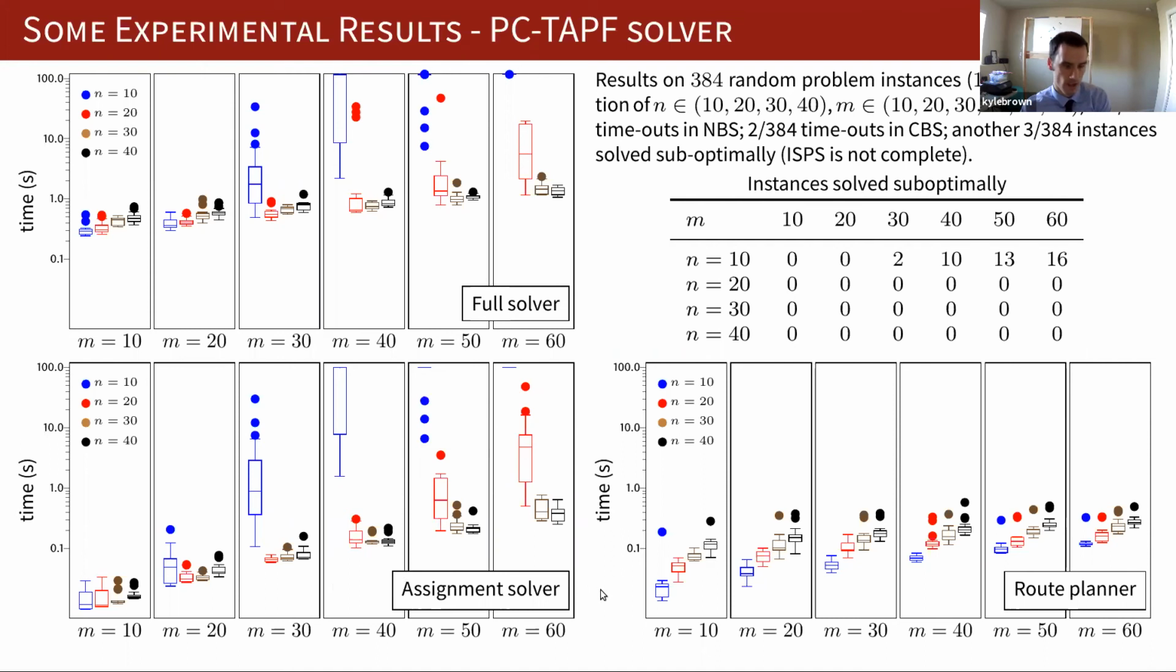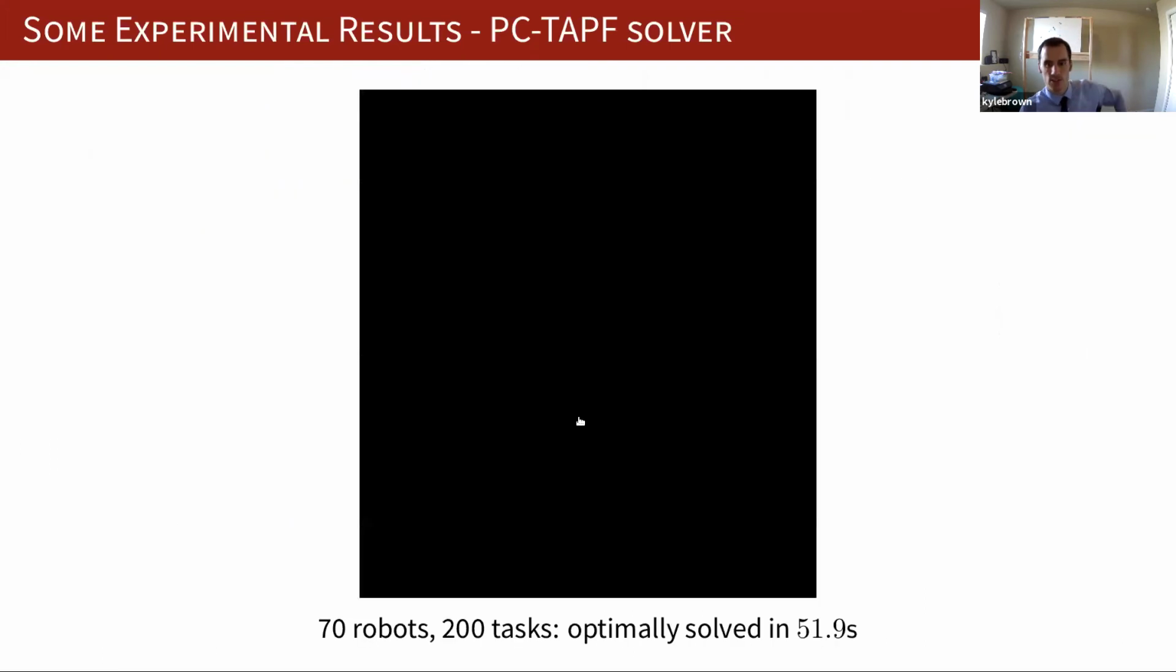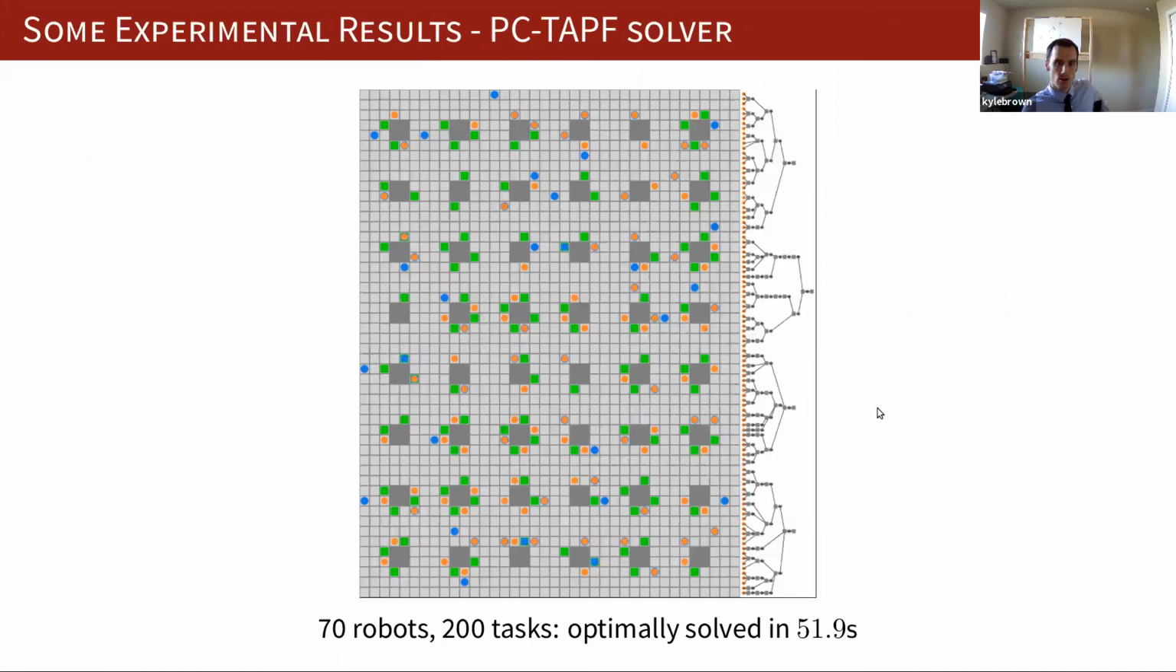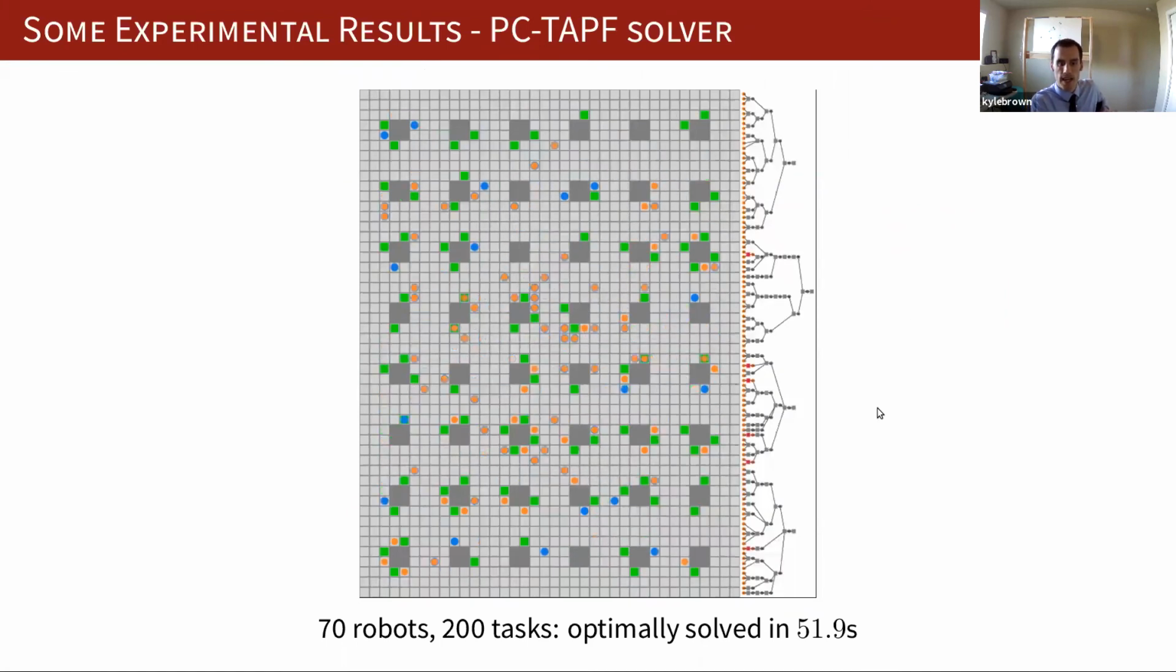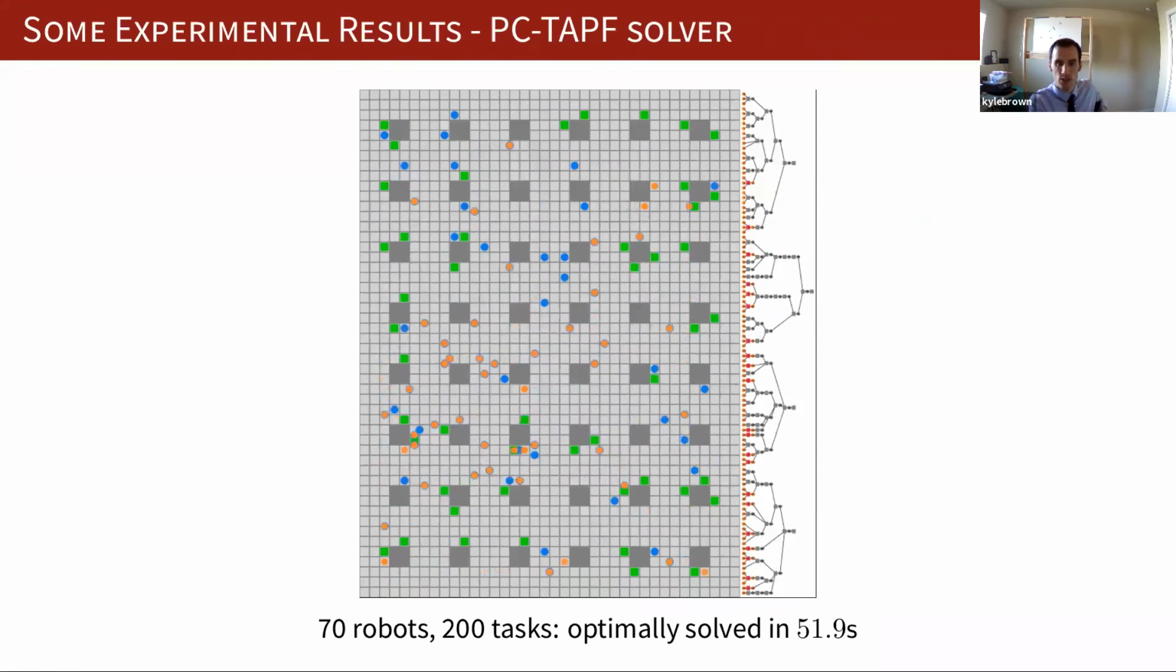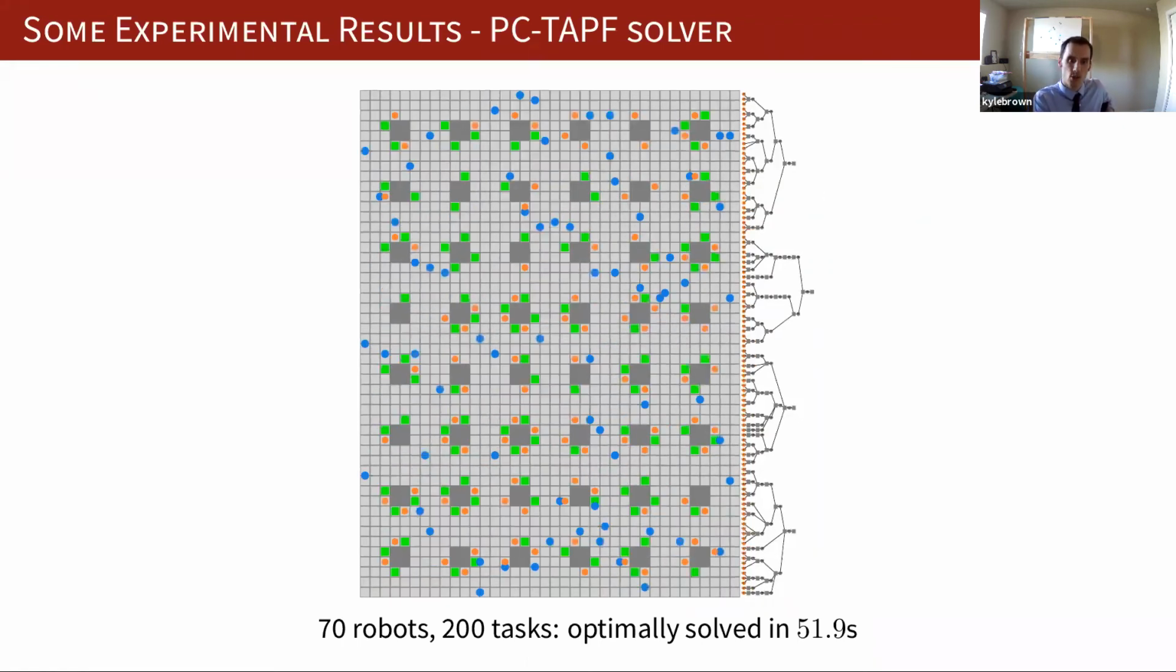So now, here's just a quick video of a very large problem that our solver can solve in 52 seconds. It has 70 robots and 200 tasks. I think that's pretty cool that it can scale so well, and by the way, this is an optimal solution. That's the fastest that it can be done. I think it's pretty cool that it can scale so much better than the flow solver, excuse me, that we described previously. So that wraps up the discussion of PCT-APF, the discrete factory